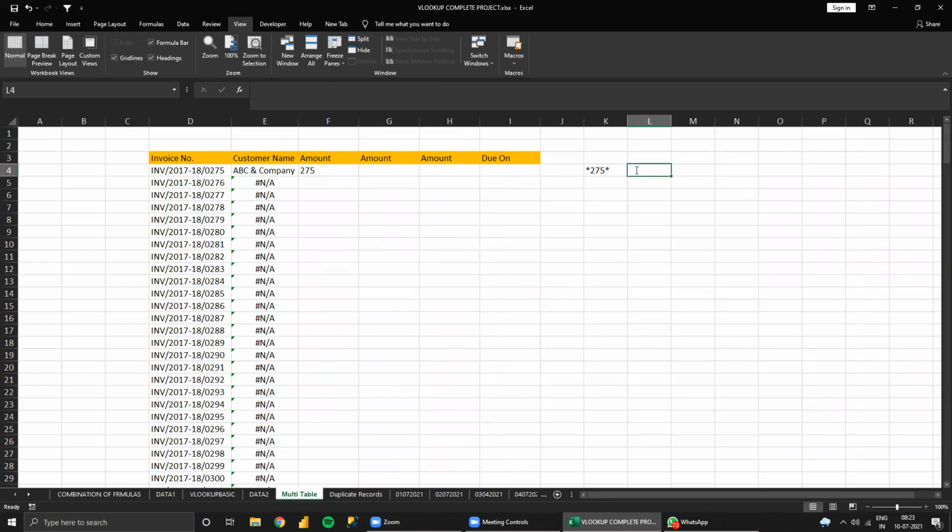Suppose 275 we get through the right formula. Okay. Then inverted comma, star, inverted comma. This is the first star, and select this and put and again star, and close inverted comma, star, inverted comma.